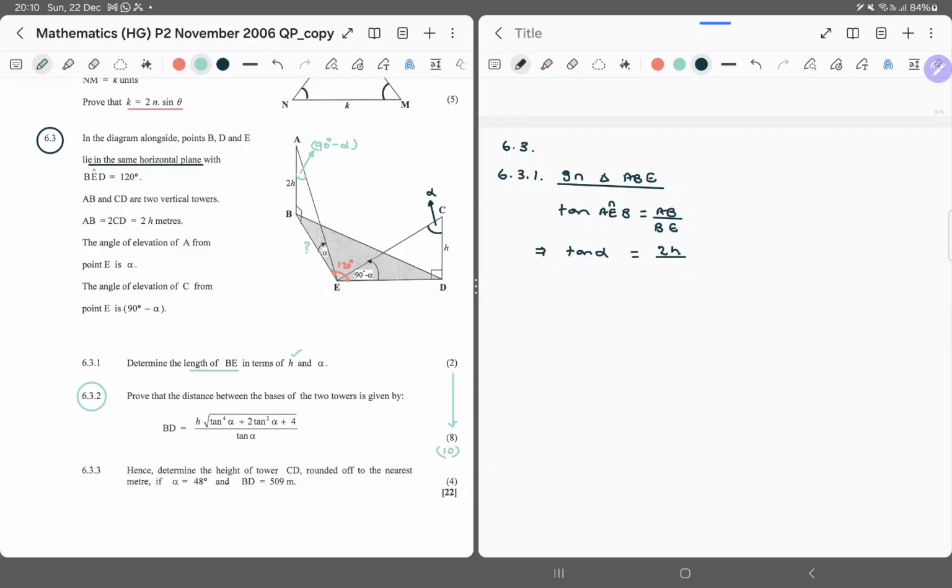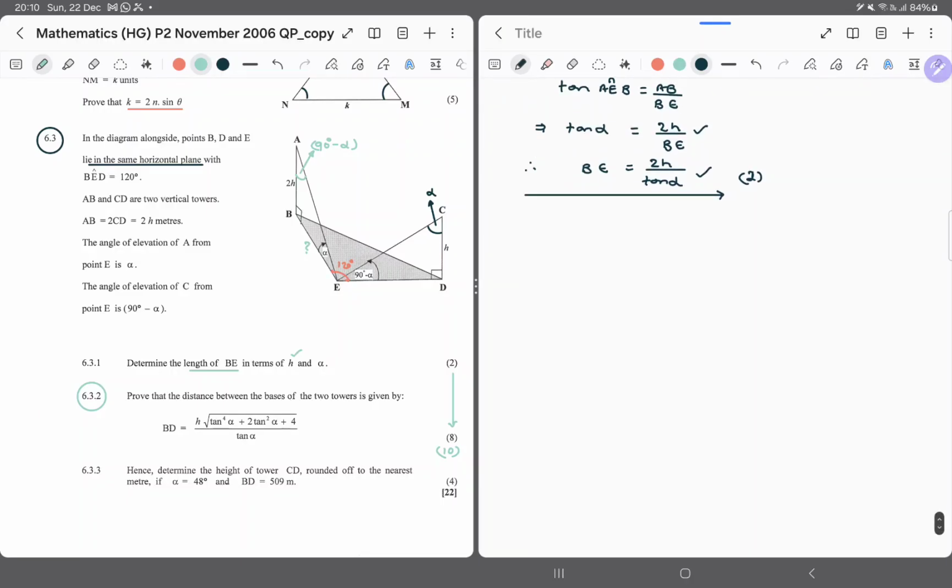2H over BE. We can say therefore BE, this is when we cross multiply and divide, is going to be 2H over tan alpha. So we have shown this in terms of H and alpha. So that's it. Substitution, answer. Easy, 2 marks. Nice. Now we get to the next one,